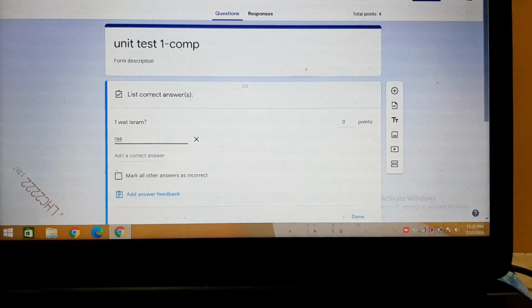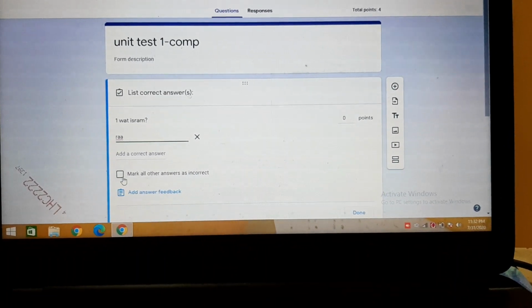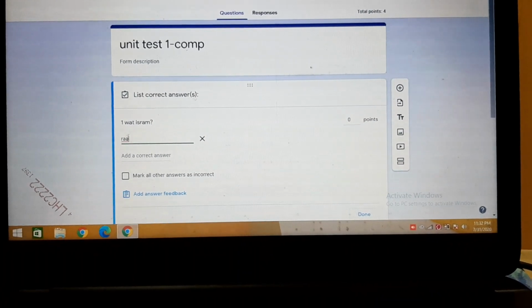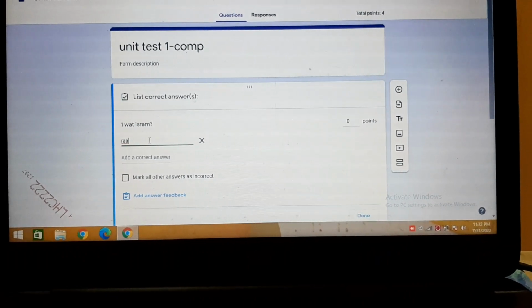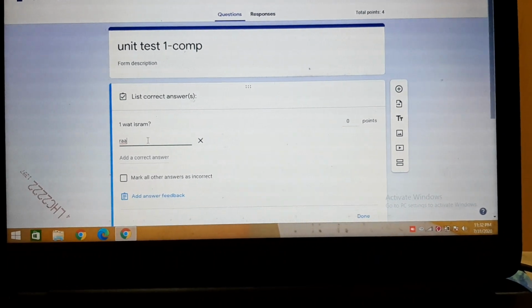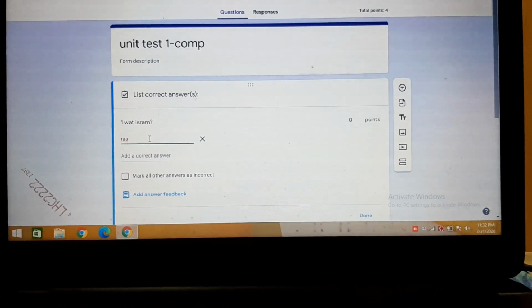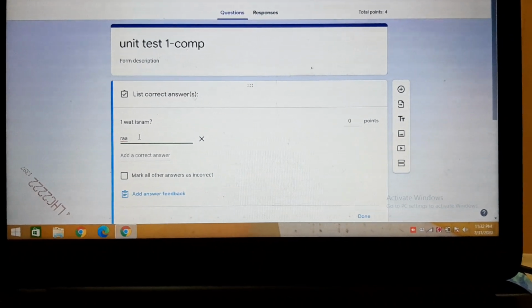There is an option when we are using a short answer type question, it is giving an option to mark all other answers as incorrect. That means if the child is not writing RAM, this is for spell check actually. Suppose we had to write random access memory, but the spelling should be correct. If this is not correct, then it will be marked as a wrong answer.